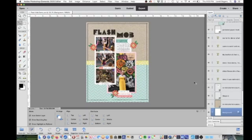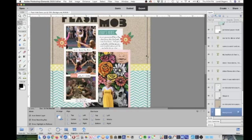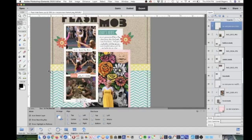So now what we're going to do is we're going to go back in and add these little drop shadows that I was talking to you about. The first thing I usually start with is the paper or the frame. So I'm going to start with this chipboardy frame that's right here, and I'm going to click on my bar